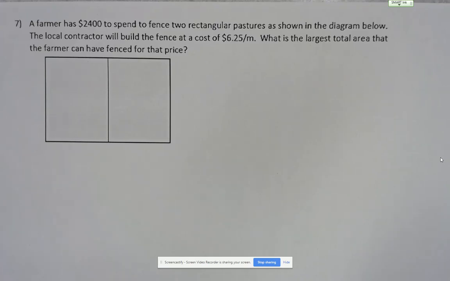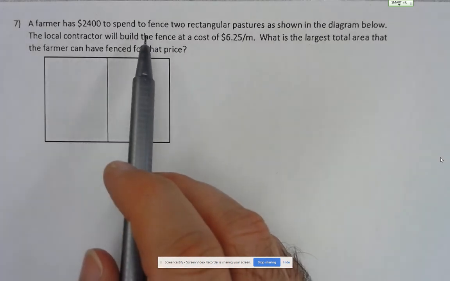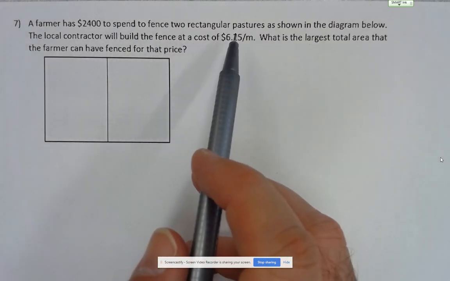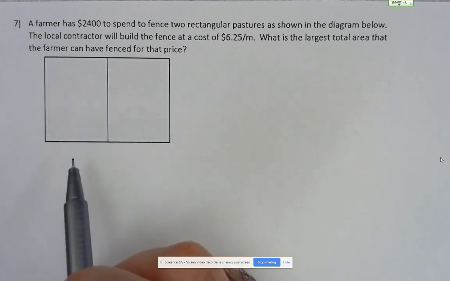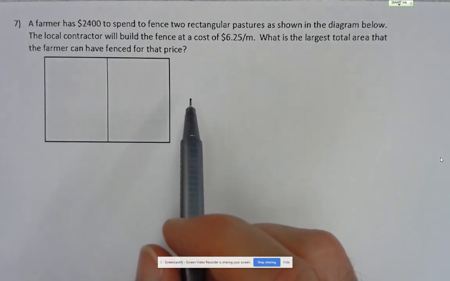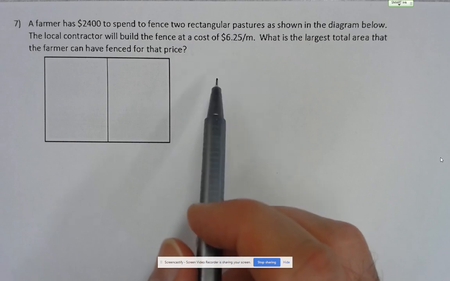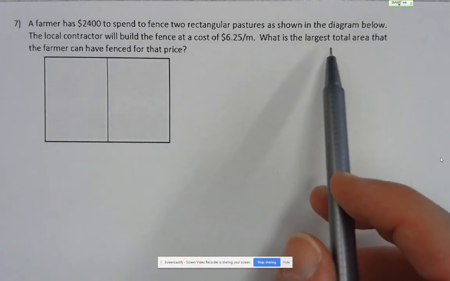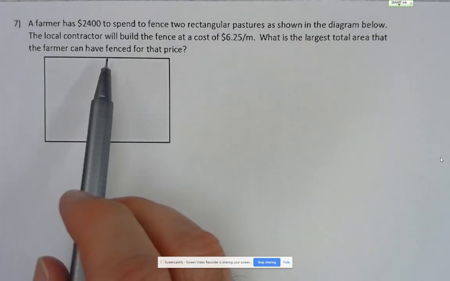Hi, folks. We're going to take a look at number 7 from the Unit 7 review assignment. So here it tells us that a farmer has $2,400 to spend on 2 rectangular pastures, as shown in this diagram, and they tell us that the fence costs $6.25 per meter. Okay, and they want to know what is the largest total area that a farmer can have fenced for that